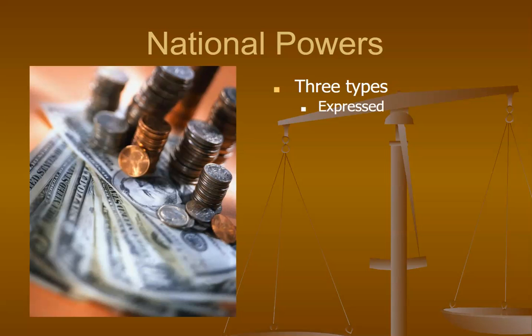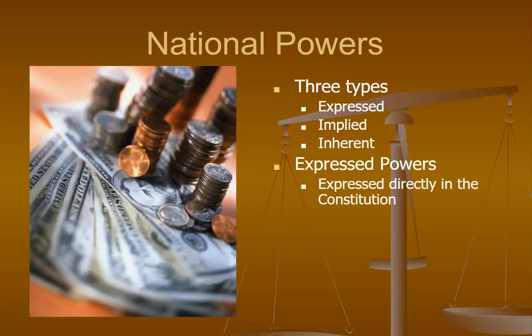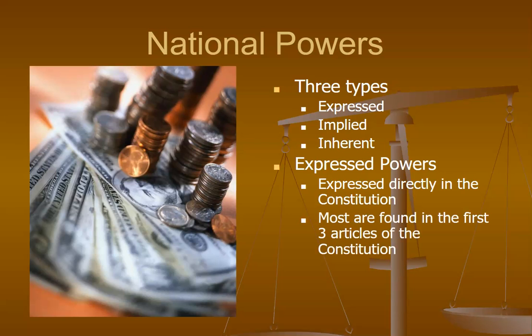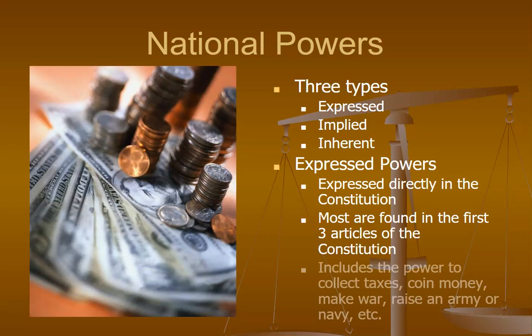Now, there are three types of national powers: express powers, implied powers, and inherent powers. Express powers are expressed directly in the Constitution. They are also called the enumerated powers. Most of these are found in the first three articles of the Constitution. This includes the power to collect taxes, coin money, make war, raise an army or navy, etc., the ones we